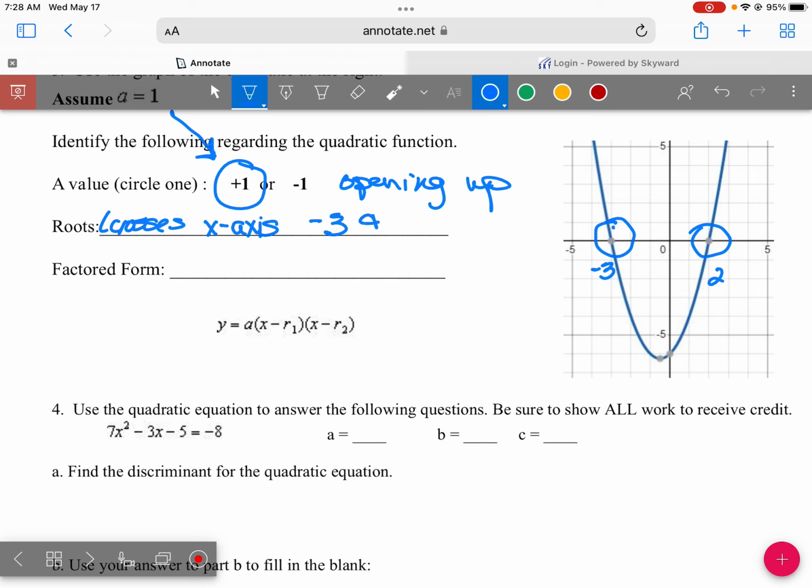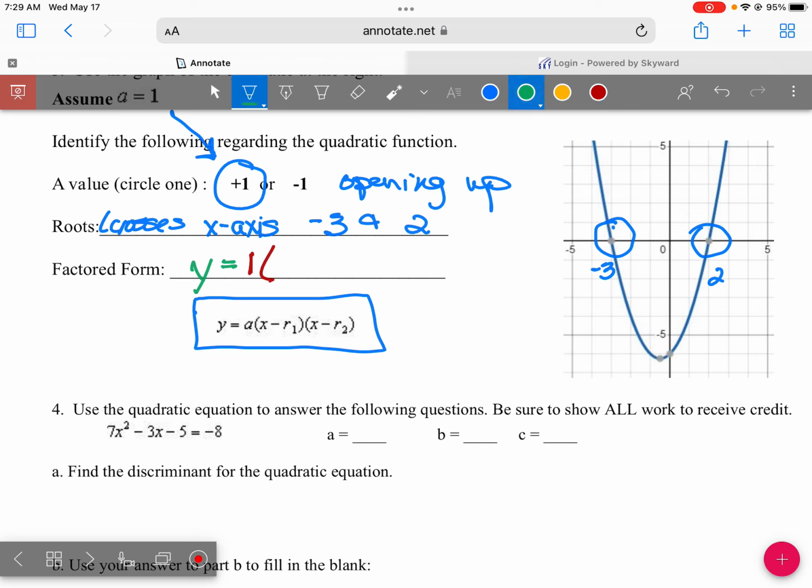-3 and +2. All right, then it says we need to rewrite this in factored form. Here is our equation for factored form. They asked for the a, root 1 and root 2. All right, so here we go. Y equals, we start with y. My a value, we said, was +1